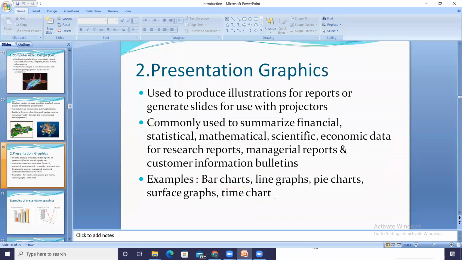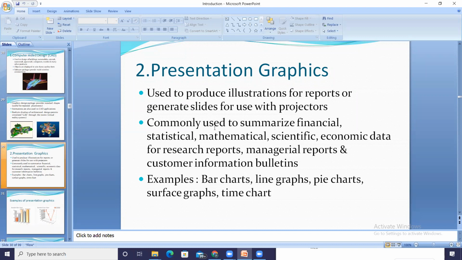Then the second application of computer graphics is presentation graphics. In the case of mathematical or statistical data representation, we can use this. It is used to produce illustrations for reports or generate slides for use with projectors. We make use of charts and graphs to represent the reports.